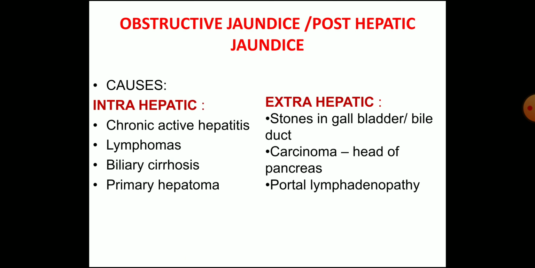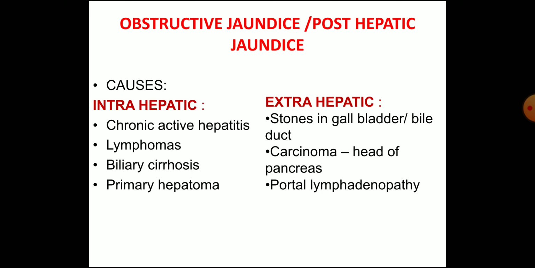Now, what are the causes of obstructive jaundice? There are two types, intrahepatic causes and extrahepatic causes. Intrahepatic causes: chronic active hepatitis, lymphomas, biliary cirrhosis, primary hepatoma. So these are the conditions occurring in the liver, which cause inflammation and later on obstruction to